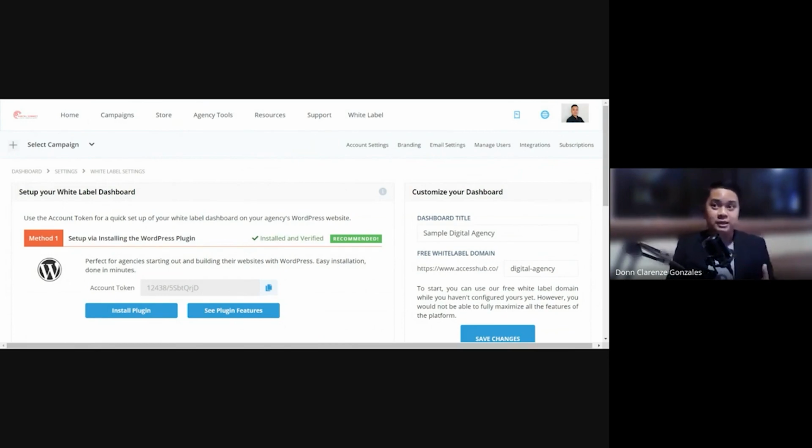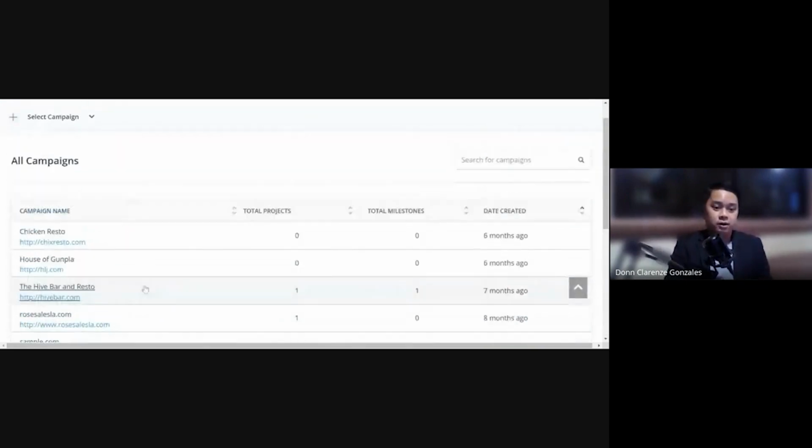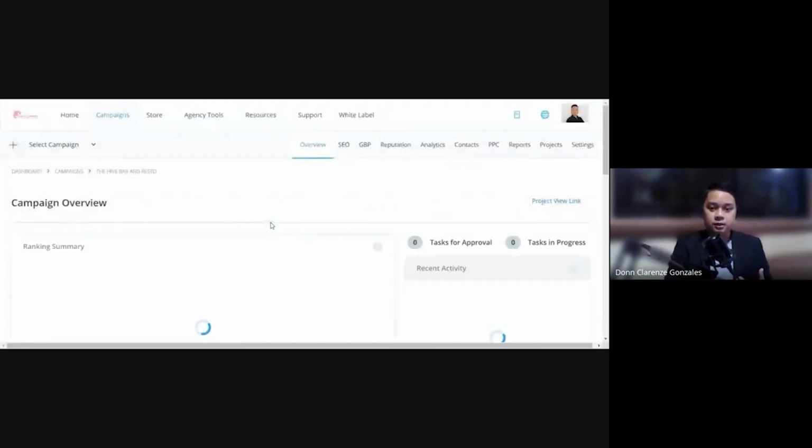Of course, you paid us to do the work for your client, and there should be a way for you to monitor the completion of those tasks and those outputs and deliverables that we promised to you. The good thing is you can monitor that from your SEO reseller dashboard. So let's go here on our dashboard, click on campaigns again, select the campaign that you would want to monitor. In this case, let's select the high bar and resto, click on that, and you will just simply navigate,